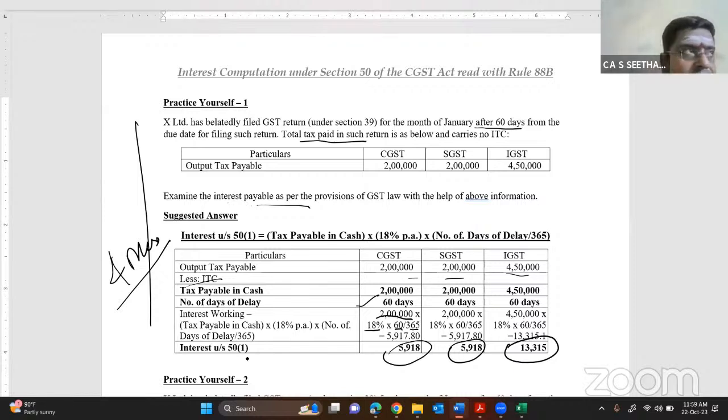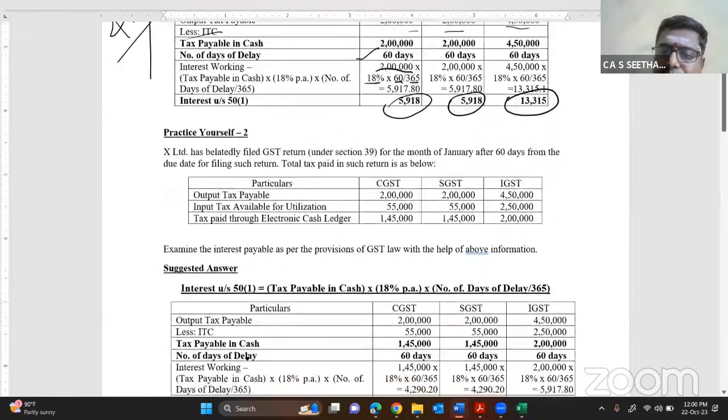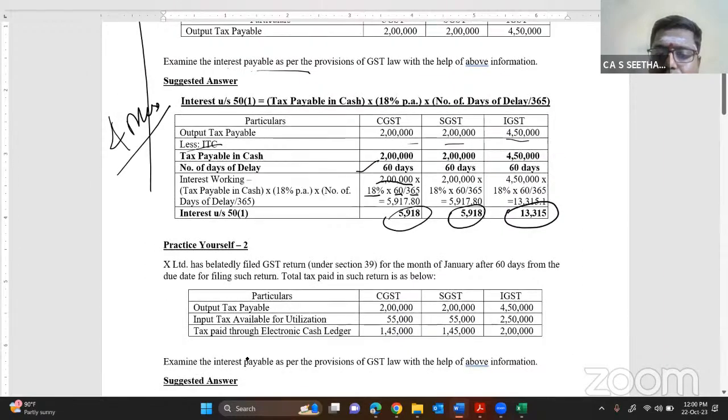Guys, are you with me? Are you comfortable? If you're comfortable, we can quickly try to solve 2-3 problems. Everybody, here we go, my dear. Question number 2. Can you get me the answer in a flash? 2 minutes for you.